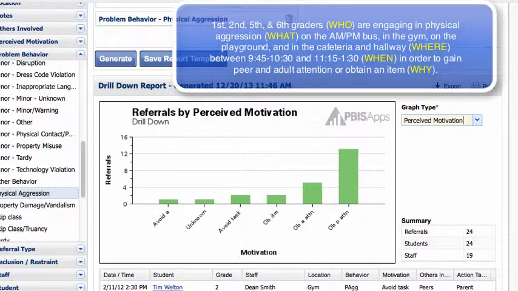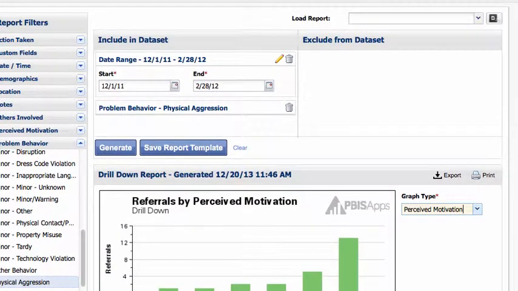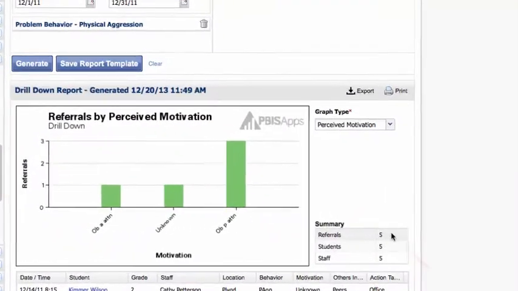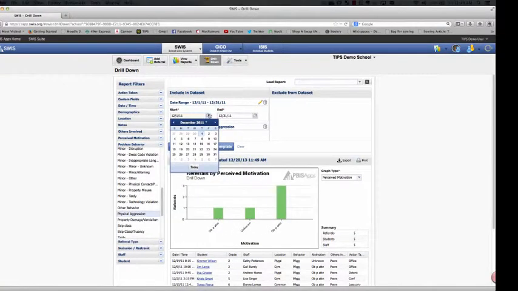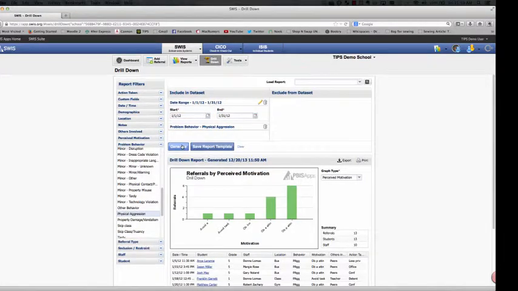The next step that we'd also want to do is to ask how frequently are these behaviors occurring? And we can go back up and get these in 1-month intervals. We already started with December 1st, so let's just get our December snapshot. I'm just going to put in the date to cover the month of December, hit generate, and look down the bottom corner here. We have 5 referrals, so I'll make note of the 5. Now let's go up here, and again we can also navigate through our window this way. We have 13, and then our last time frame